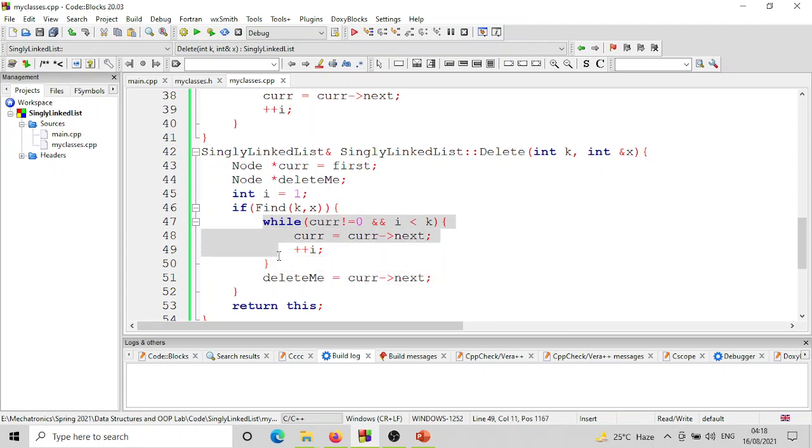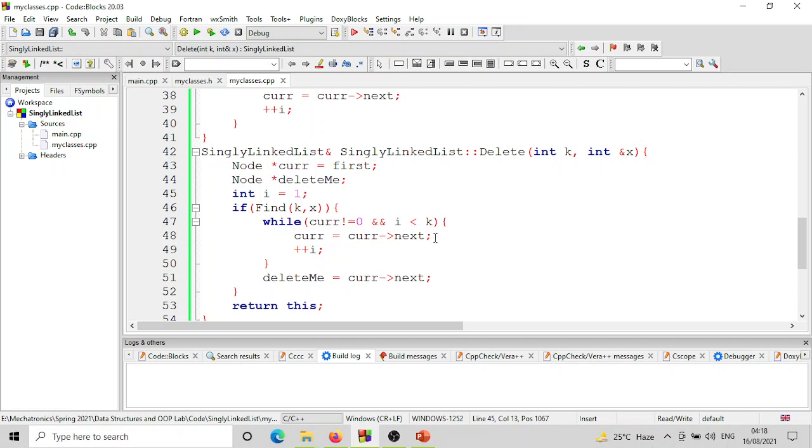अब यहाँ हम ये लूप यूज कर रहे हैं टू गेट टू द थर्ड एलिमेंट. हमने चौथे को डिलीट करना है, तीसरे तक हम पहुंचना चाहते हैं. वो कैसे हम पहुंचेंगे? सो हम पहले काम ये कर रहे हैं कि वी स्टार्ट फ्रॉम द फर्स्ट एलिमेंट. करंट इज इक्वल टू फर्स्ट हमने कर दिया. हम कह रहे हैं कि इफ करंट इज नॉट इक्वल टू 0 एंड इफ i इज लेस देन k, इंडेक्स